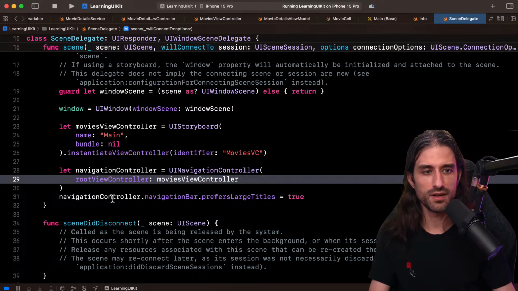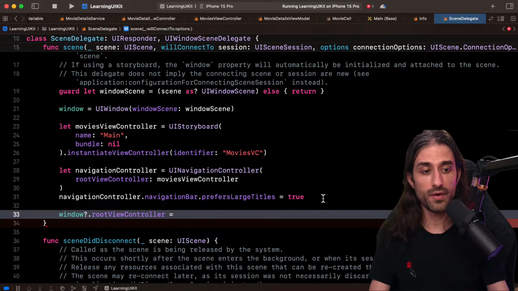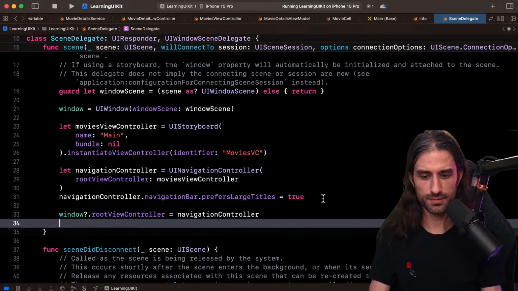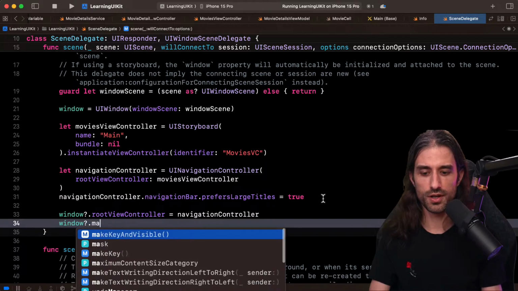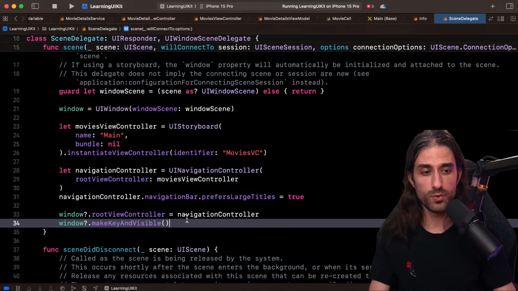So this way the code is a little bit nicer. And then on your window, you can set as the root view controller, the parent view controller that the window displays, your navigation controller. And finally, on the window, you call a method called make key and visible, which makes it the main window, the one that has the focus, and makes it visible.